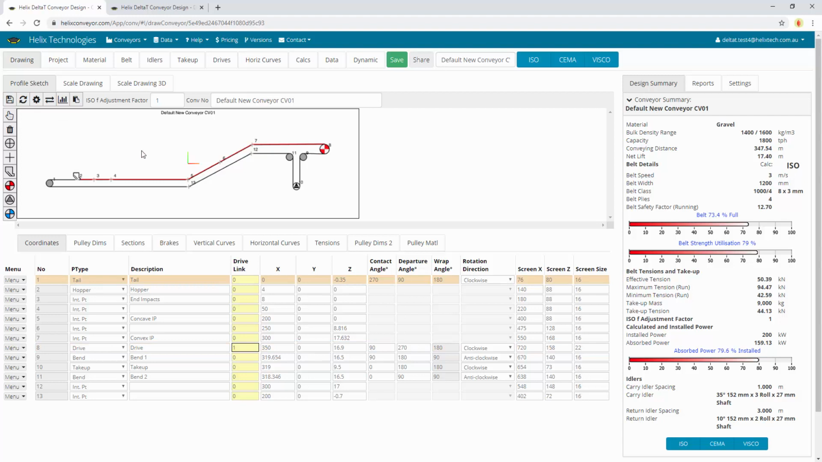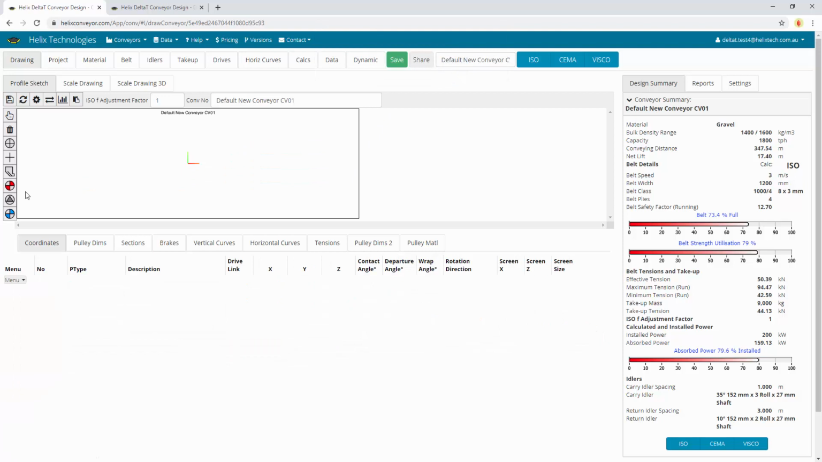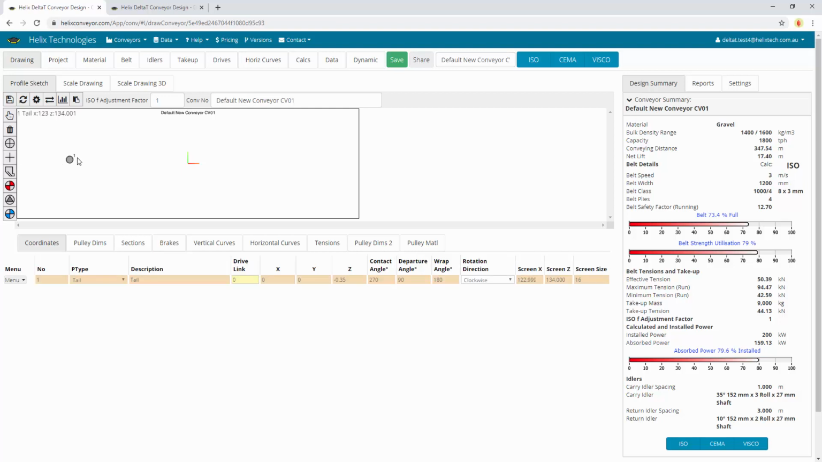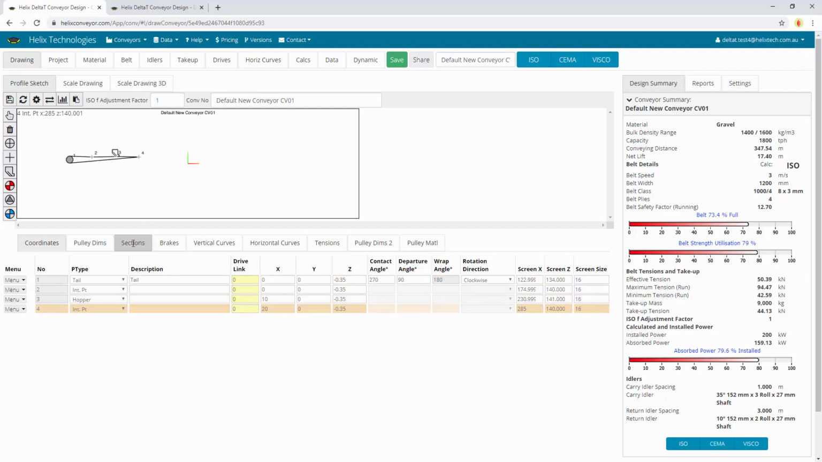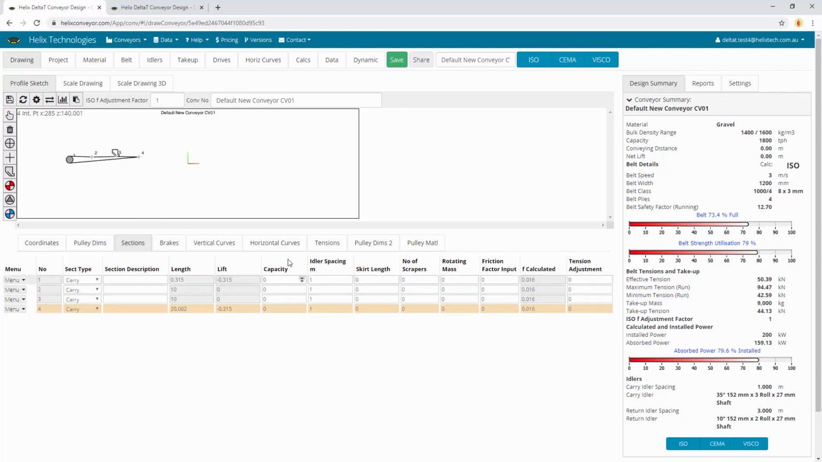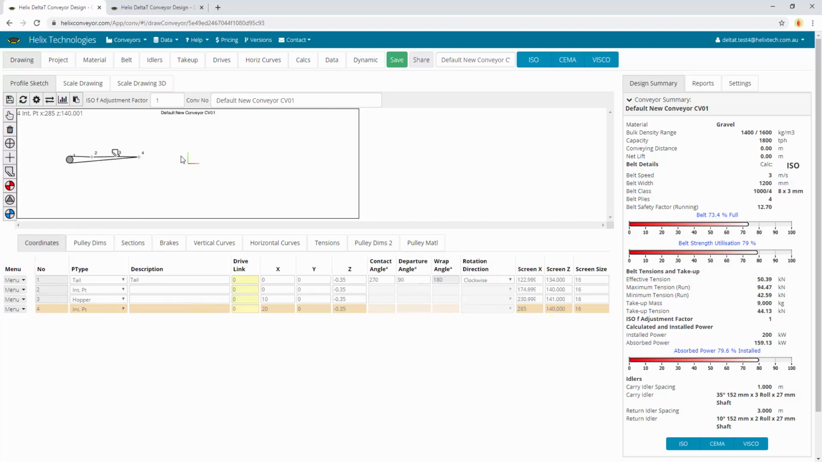Just before I navigate away from the profile sketch, I'll just show you how quick and easy it is to actually build a conveyor from scratch. So I'll delete all the pulleys, items, and I'll just do a quick sketch of what we just had. So I'll start with the tail, add a tail pulley, add an intersection point, which can be my transition, add a hopper, another intersection point, because I might have different idler spacings between after these points here. I'll add another intersection point,